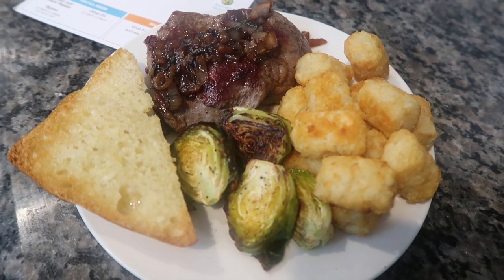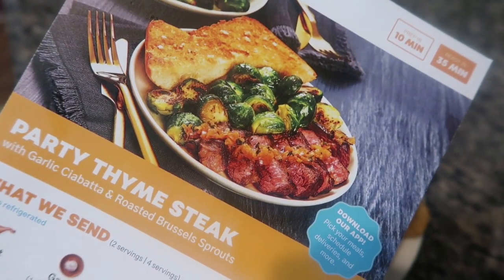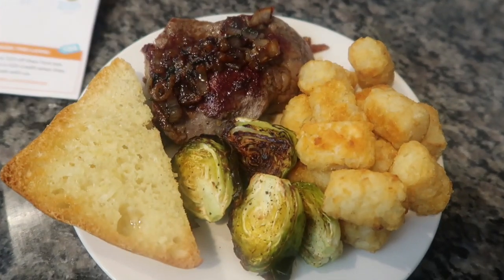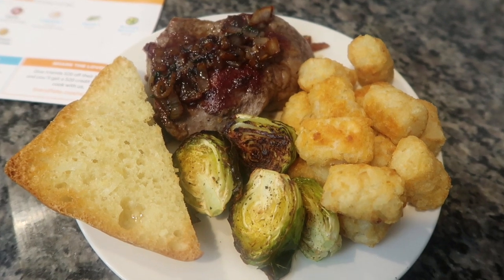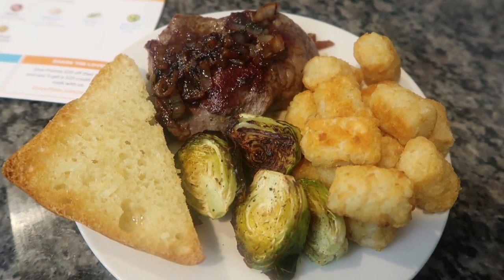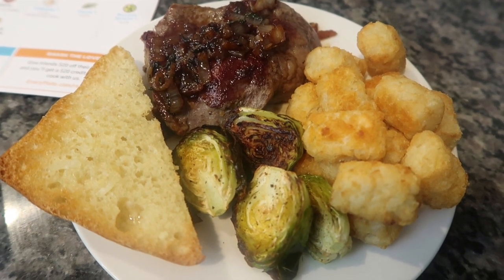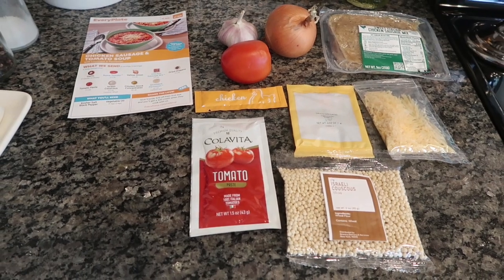Of course, I had to throw a little bit of extra carbs in there. And while I was cooking the kids' tater tots for lunch, I made some for mom because I'm a steak and potatoes kind of person. But that was my Brussels sprouts with a little piece of that garlic bread, some tater tots on the side, and then that shallot and thyme reduced mixture over the steak. Like, you guys, that looks like something out of a restaurant, and it was minimal ingredients that cost practically nothing